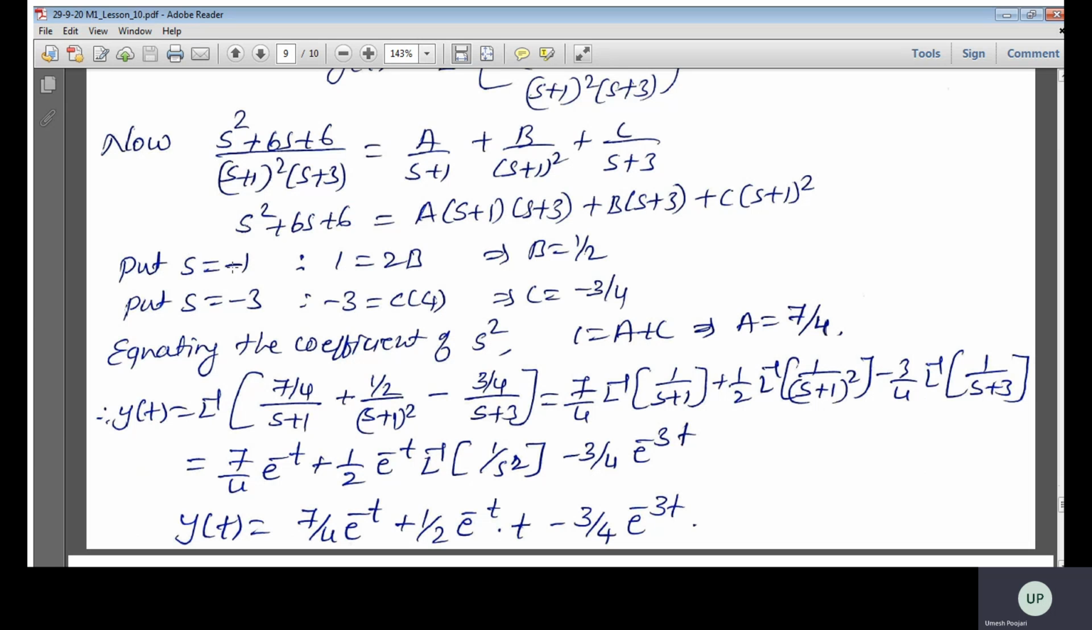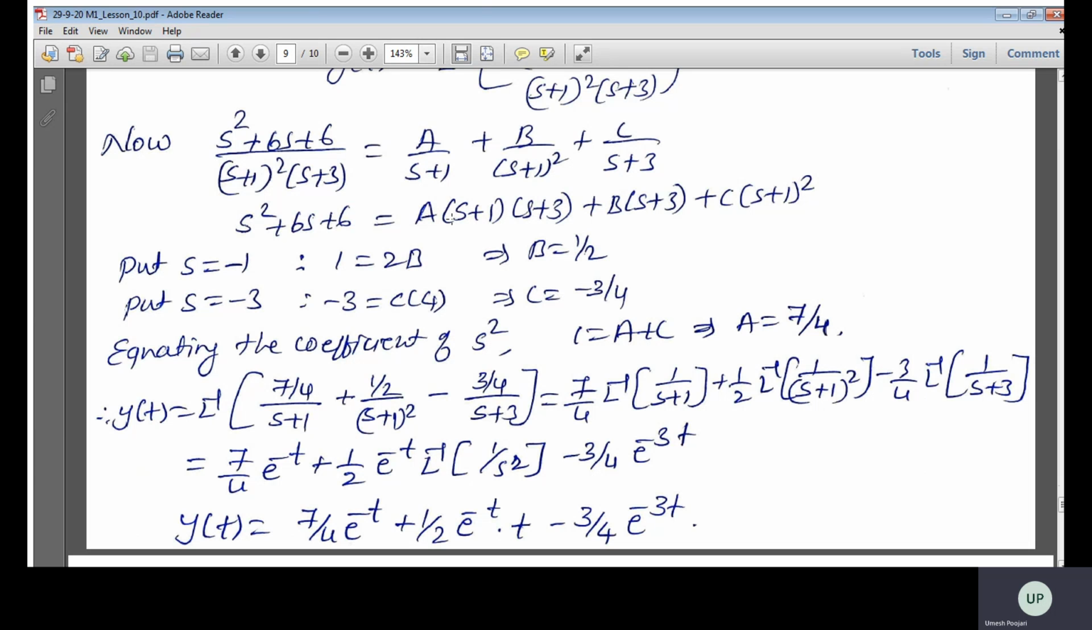If you take s equal to minus 1, then we can find the value of B, because the A and C terms will be 0. Then the left hand side is 1, equal to first term 0, middle term 2B, third term 0, which implies B equals 1 by 2. Similarly, put s equal to minus 3. The left hand side is minus 3, and on the right hand side the first term is 0, the second term is 0, the third term is C into (minus 3 plus 1)². Minus 3 plus 1 is minus 2, whose square is plus 4,